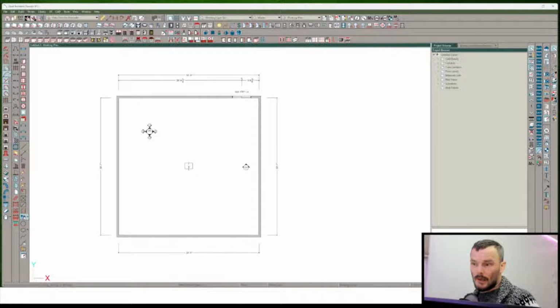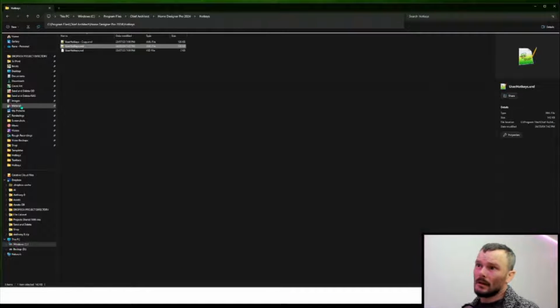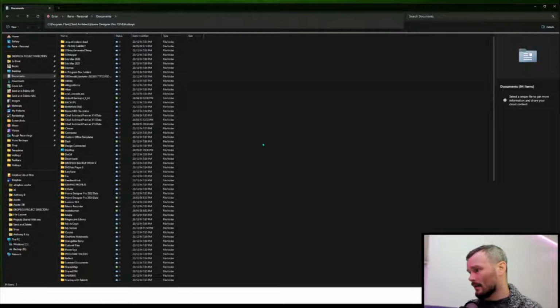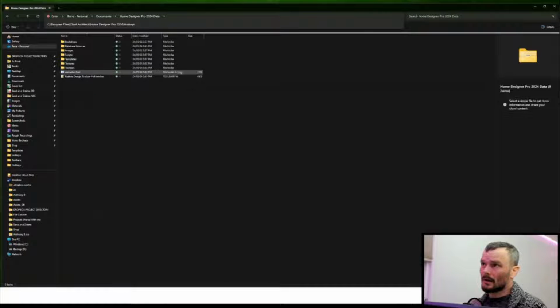And while we're at it, if you didn't know where toolbars lived, on a PC that's going to be in Documents. Otherwise, if you're on a Mac, go to the Mac icon on the top left-hand corner. That gets you to preferences, and in preferences you should be able to get to folders. Within folders, you can show all folders, or show folders in Finder versus show folders in Explorer. Anyways, this is going to be back into Home Designer Pro data, and then toolbars,